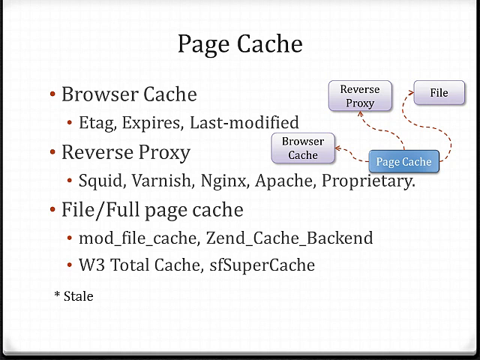You have things like reverse proxy, so Squid, Varnish, Nginx, Apache, or proprietary ones, which basically save the whole page, the complete page, and you don't have to render it, you don't have to go to the database, it's saved. Then you have full page cache, or I call it file cache, in the sense that a lot of PHP systems have it. So WordPress, Drupal, they have it to some degree, and basically you save the whole